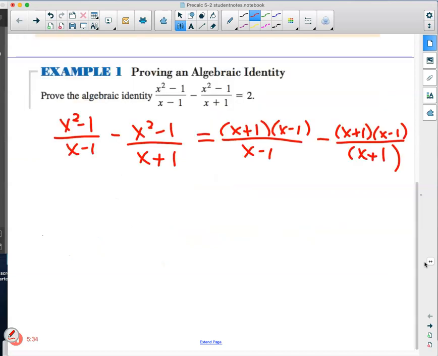Now I chose to go horizontal with this. You want to pick one way and stick with it. Every once in a while, a student will start off horizontal and then they'll go vertical from there. Has to be easily followed, so make sure that whatever method you pick, you stick with it as you go through. All right, so then we would show with a strike, not a scribble, because with the strike I can still see what you had underneath there, that we would have x plus 1